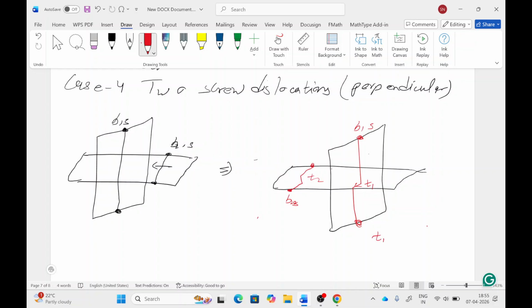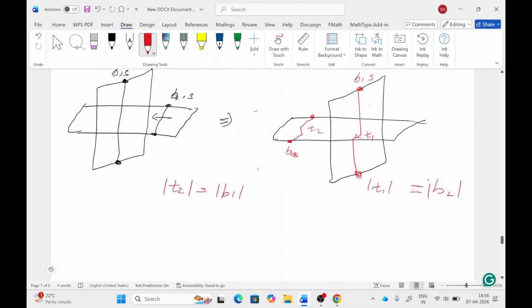So T1 is equal to the magnitude of B2, and T2 will be equal to the magnitude of B1, and the line formation is for